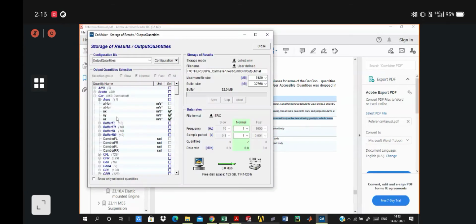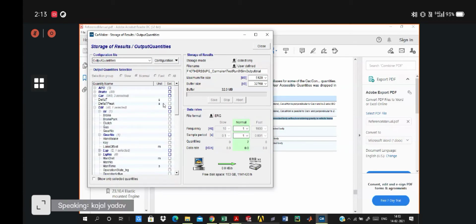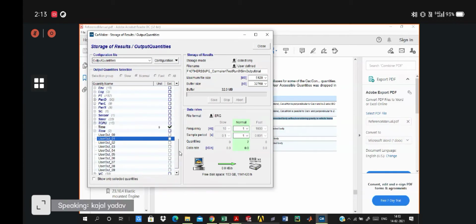So simultaneously, I've selected time to know the total time of simulation and the distance, the vehicle distance.